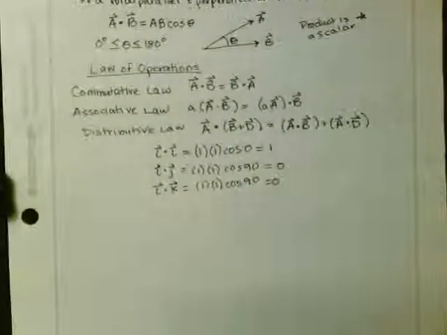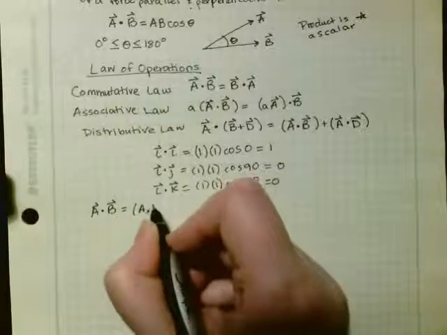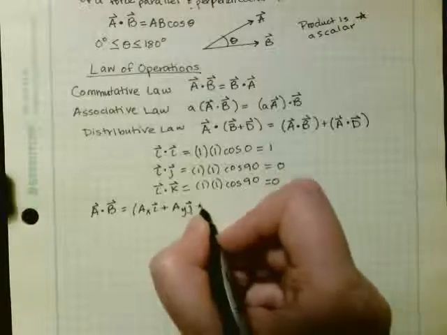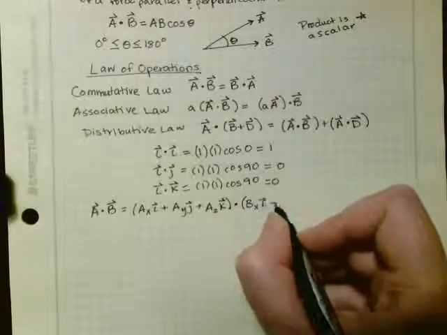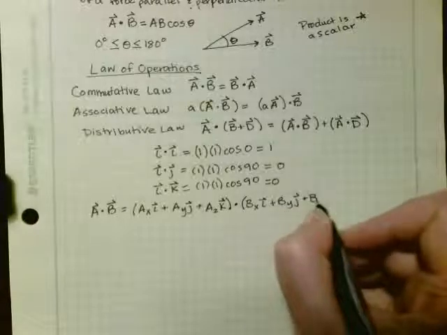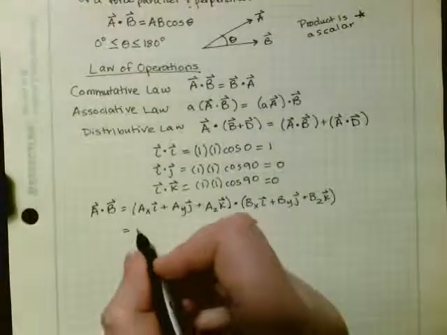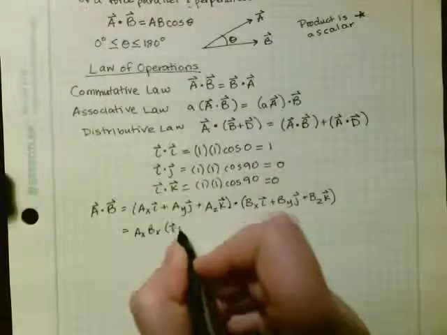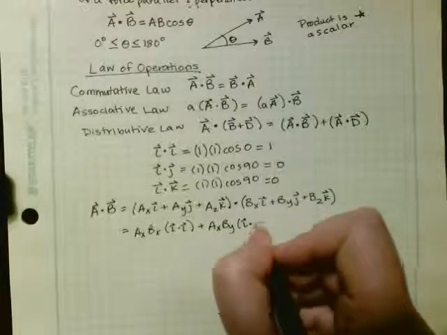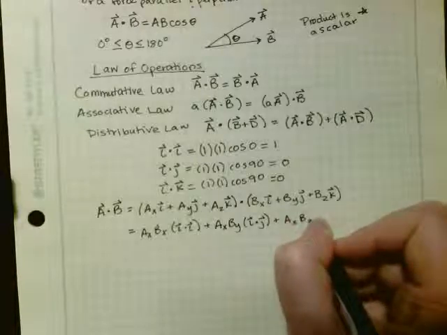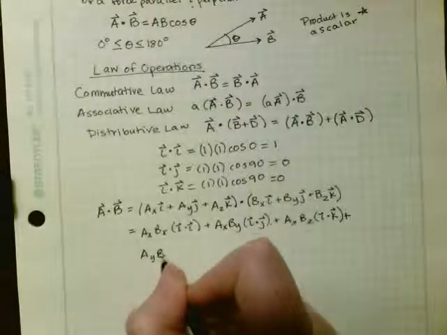So let's look at this in Cartesian vector form. If you had A dot B equal to (AX I plus AY J plus AZ K) dot (BX I plus BY J plus BZ K), and you multiply all the terms together, you would get AX BX I dot I, plus AX BY I dot J, plus AX BZ I dot K, plus AY BX